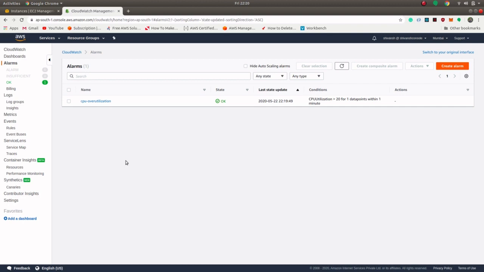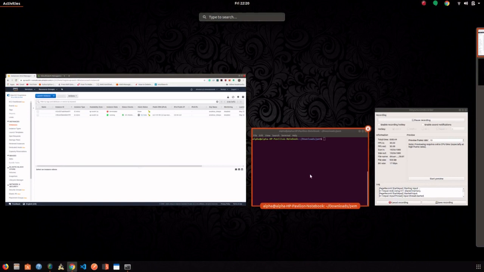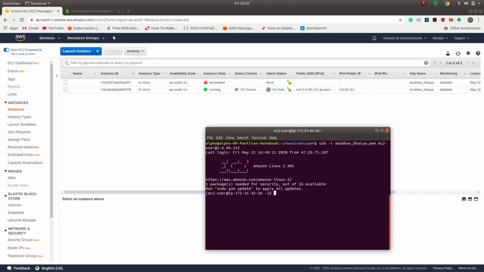In order to force our alarm into the alarm state, we have to give some load on our CPU. To give load, we will first SSH to our system. So I'll do ssh -i. Then I will create a load on my system.